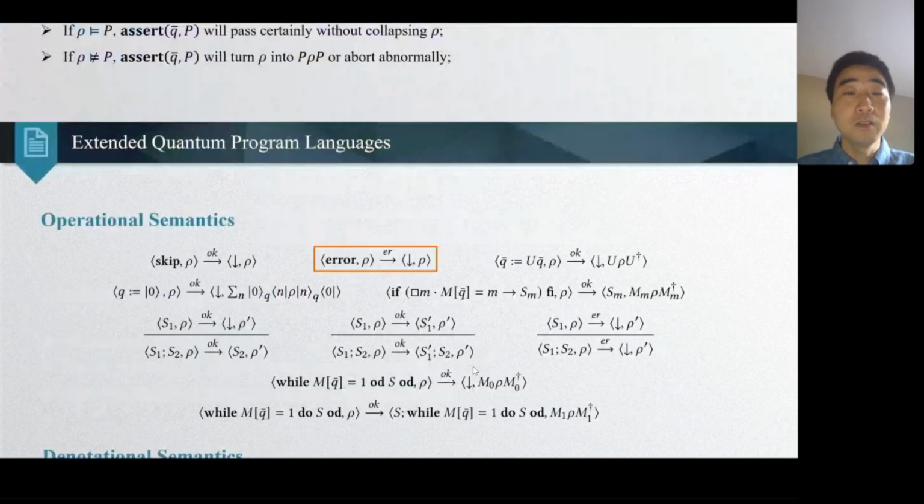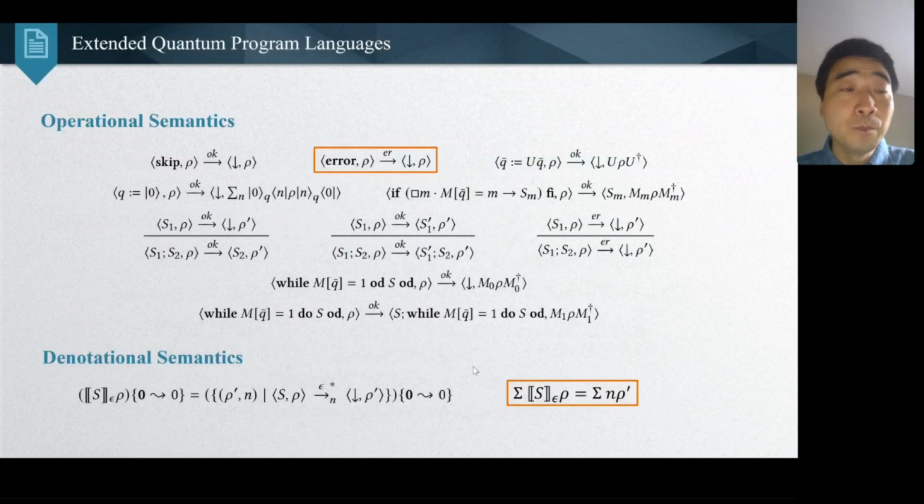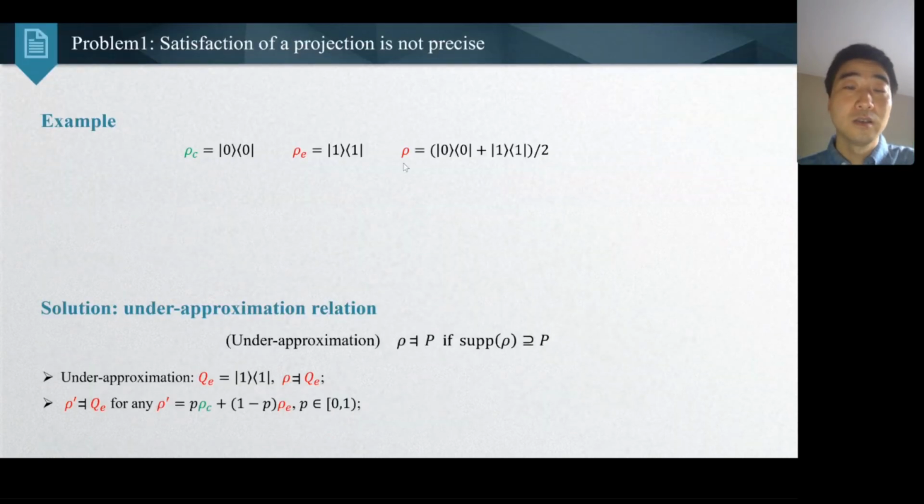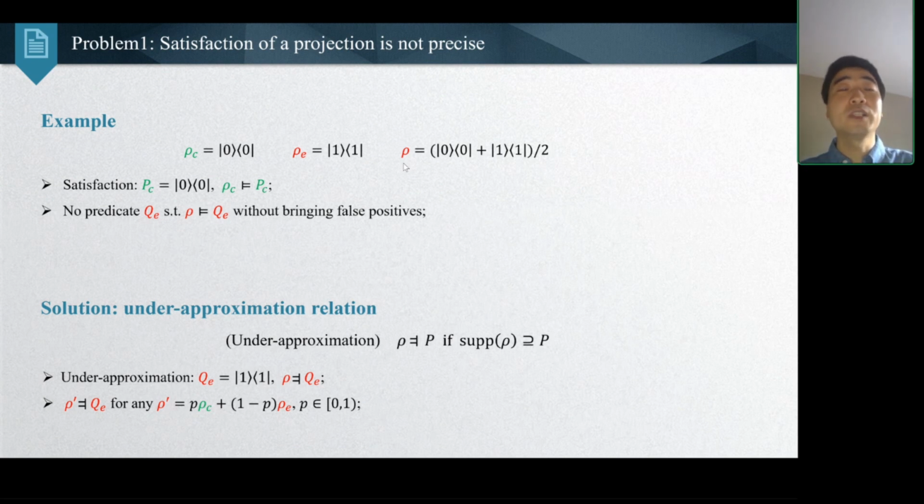abnormally. Okay. So we add one semantic error, rho, error, then we will abort. Whenever we find an error, we abort. So we can define this similarly as a denotational semantics. And we have this symbol. So if rho C is 0, rho E is 1, and rho is 0, 0 plus 1, 1, we know that rho C satisfies PC. But no predicate QE